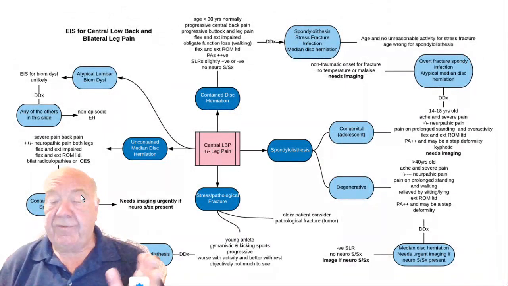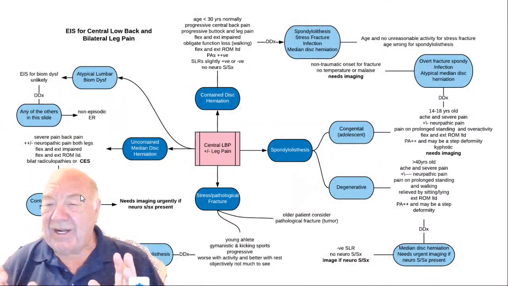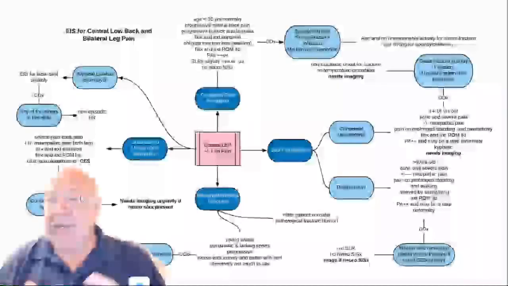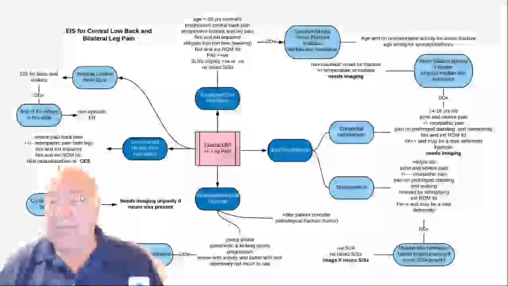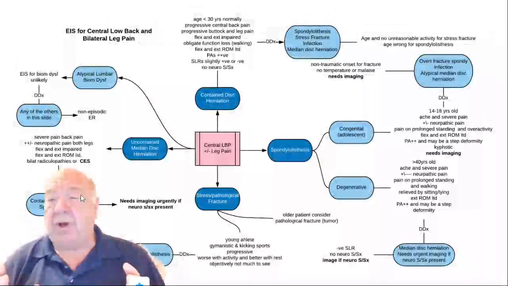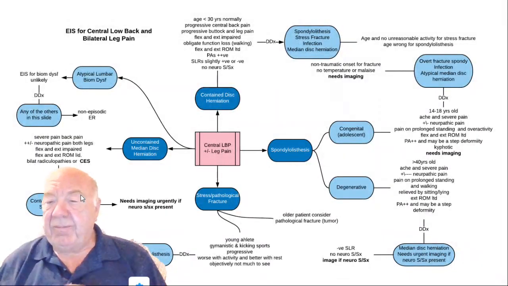It's often a woman for some reason. They tend to be a little bit obese, and again, it's less likely to have neuropathic symptoms than the adolescent. The pain is usually less severe. The problem is mostly on prolonged standing. It may also be walking. If they flex their spine, it tends to help it. It's relieved by sitting,